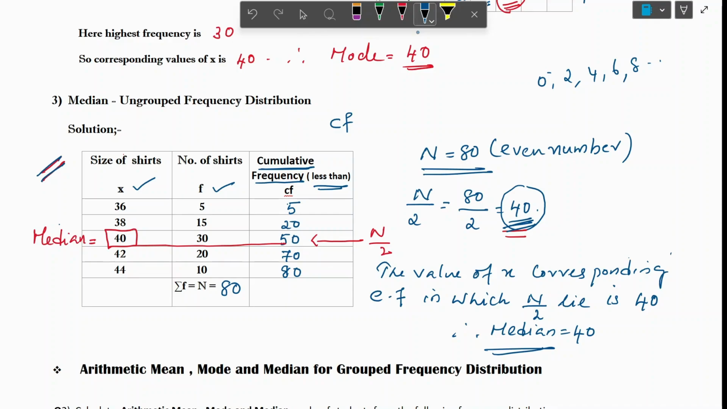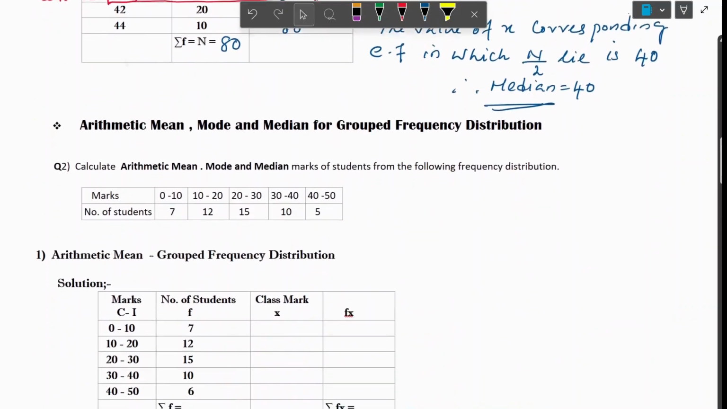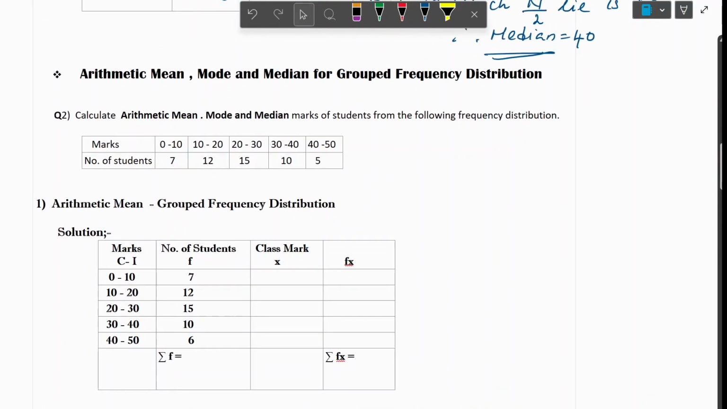Therefore, here we discussed only one question, but we calculated arithmetic mean, mode and median for ungrouped frequency distribution, that is discrete data. Practice it for these questions. Now next we will consider arithmetic mean, mode and median for